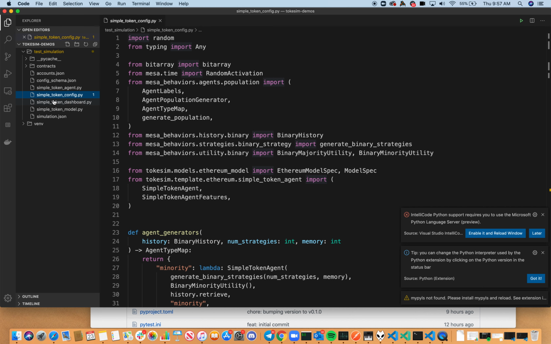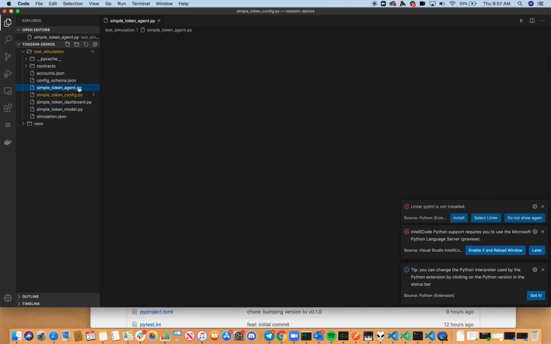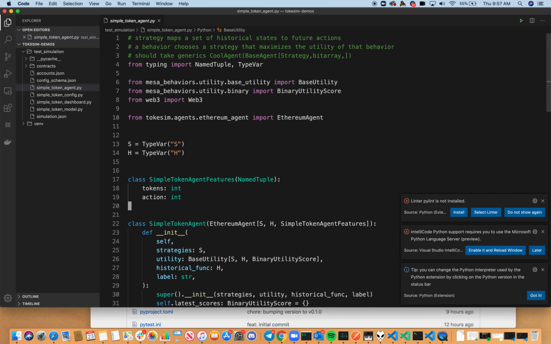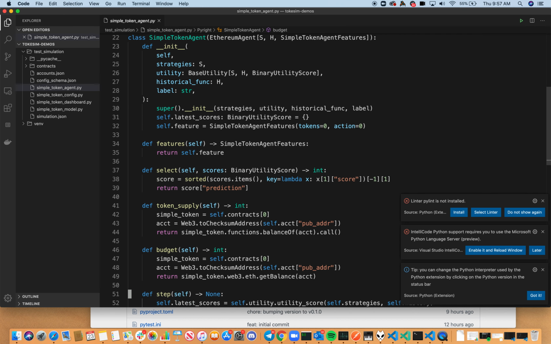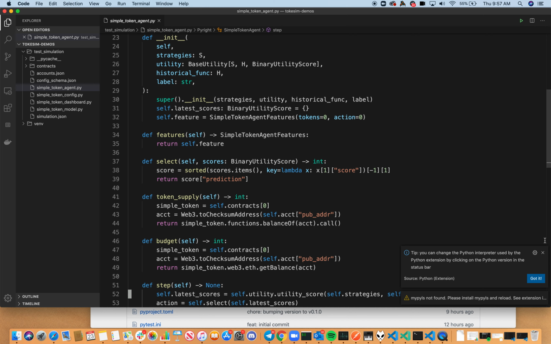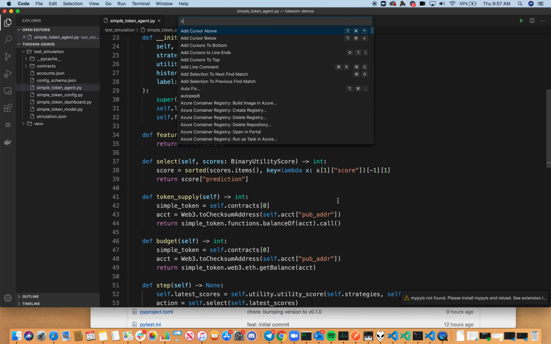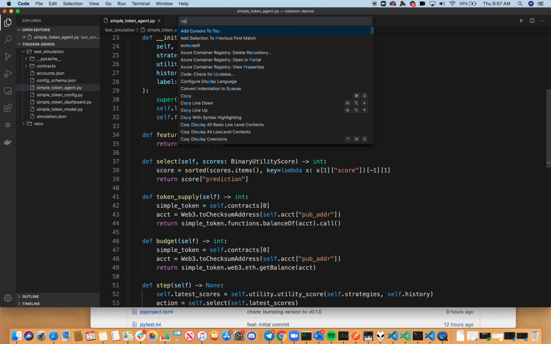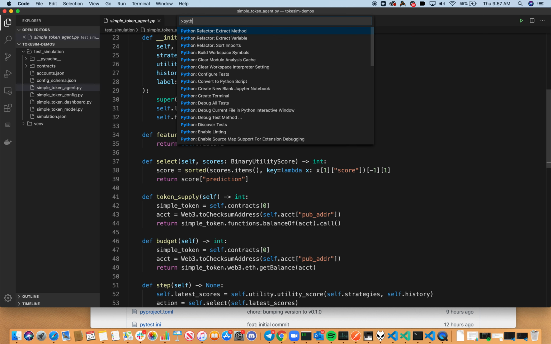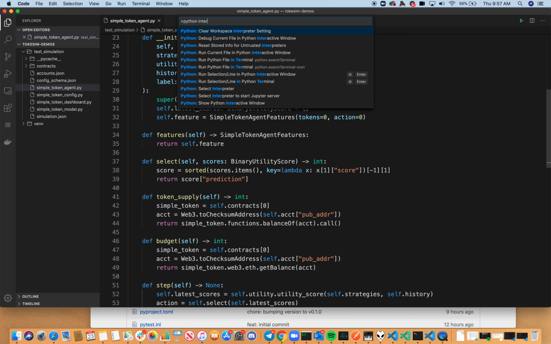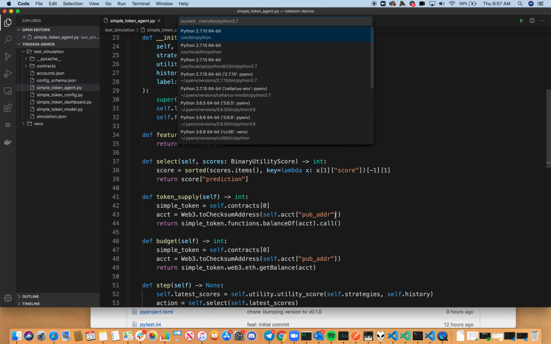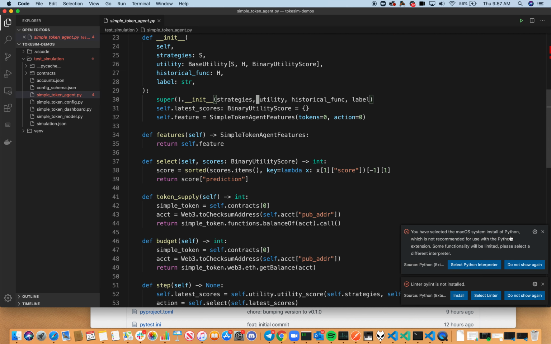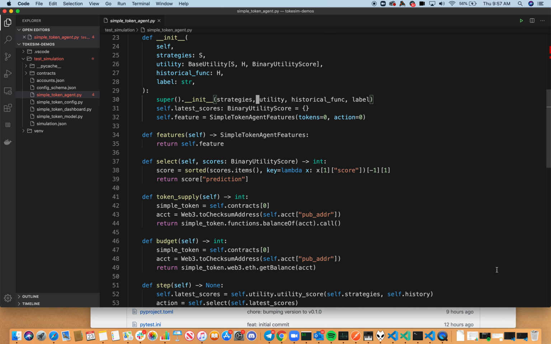So here's basically what happens. So here's our agent. It's called Simple Token Agent. Ignore this, ignore this. Let me just set up a virtual environment. Python. Select interpreter. Yeah, this seems right. Cool. So now that we have this all installed,